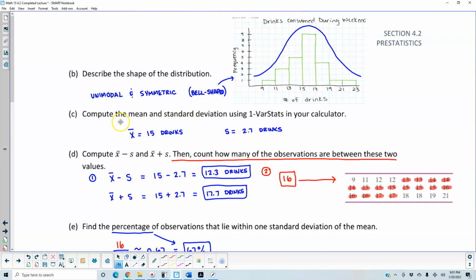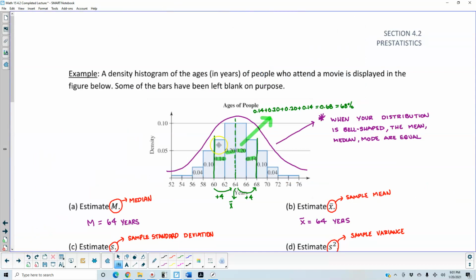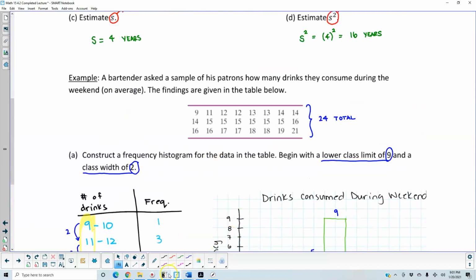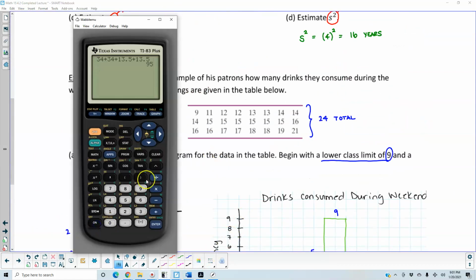Now what we want to do is compute the mean and the standard deviation using one-var stats in your calculator. So let's go ahead and do that. We're going to put these values into the calculator. First thing we're going to do is clear our list. Second, memory. Hit number 4 to clear all lists. Then we're going to go to stat and then hit edit and go to L1 and we're going to put